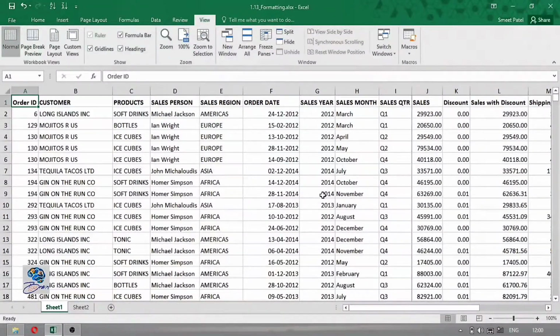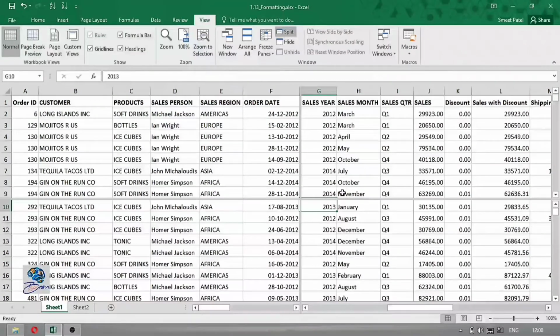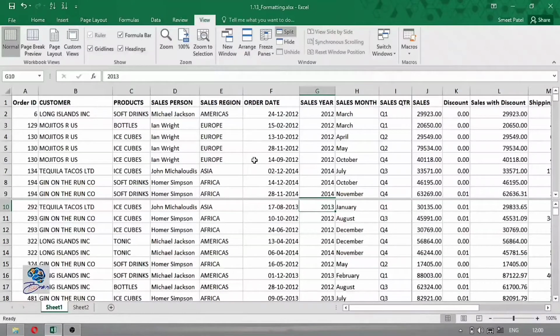Right now if I click on the center of the screen and click on this split option, it will split my screen into four parts, the same sheet into four different parts. Like this, if I don't need the vertical line, I will double click on it, so the vertical line is removed.